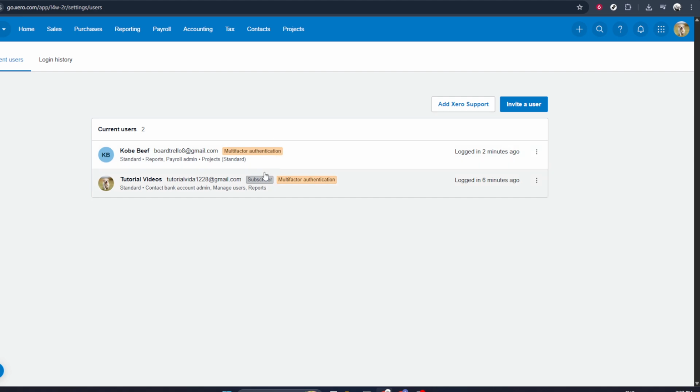On the settings page, look for the section or menu item called Users. This is where Xero lists everyone who has access to your organization, along with their roles and permissions. Click on Users to open the user management screen. Here, you'll see a table of all users, including their names, email addresses, and access levels, such as Standard, Advisor,